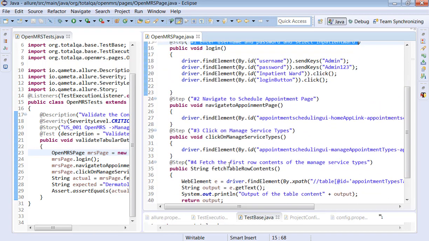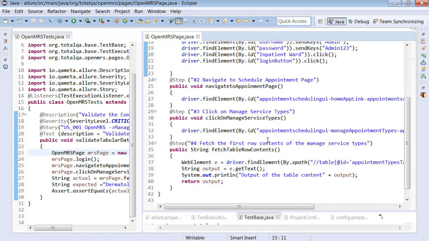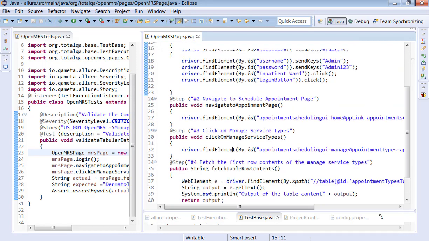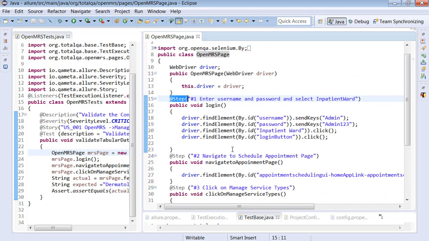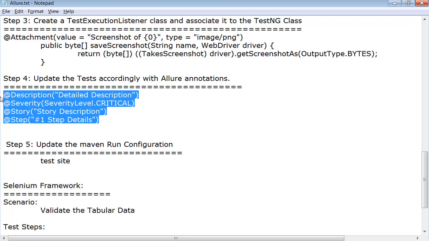This you have to associate. So I have totally 4 methods, and all these 4 methods I have put @step and the message accordingly. We are going to put this information in the page object class for all the steps. Now, if you look into the step 4, we completed all these 4 in the project.